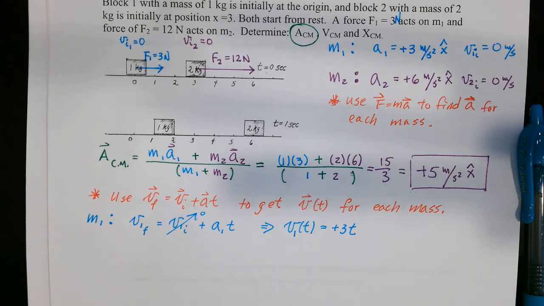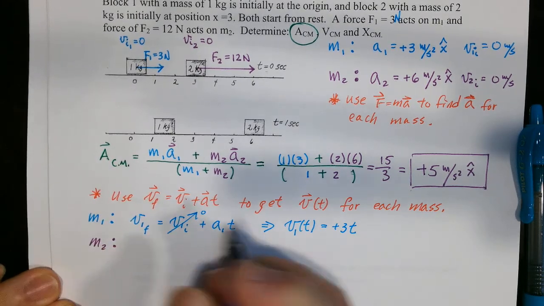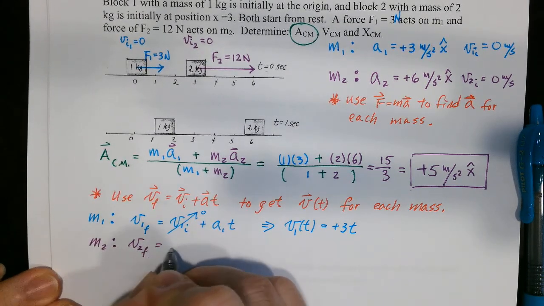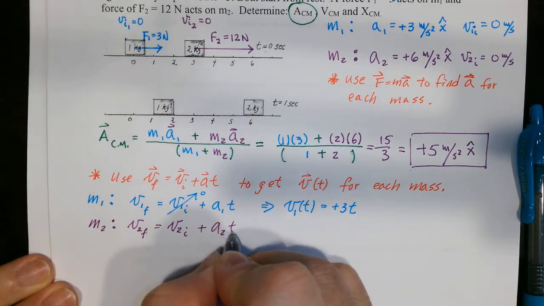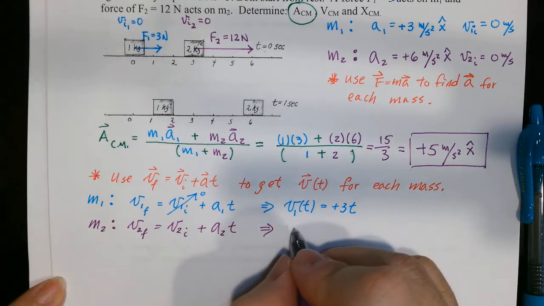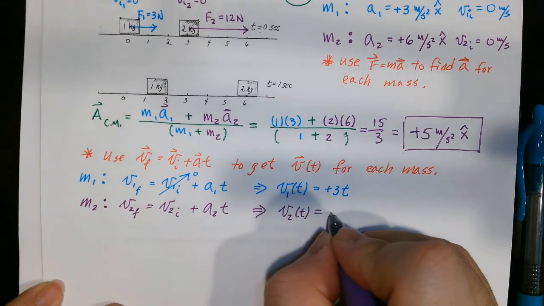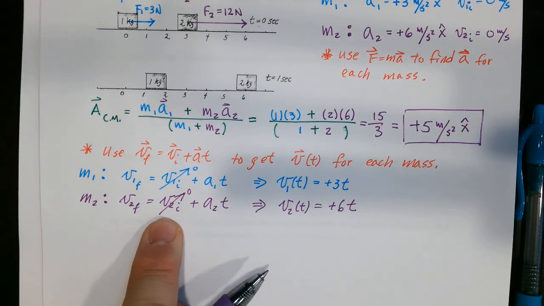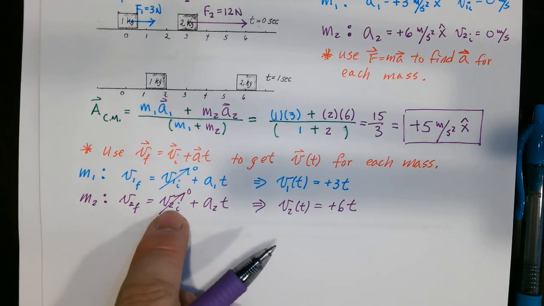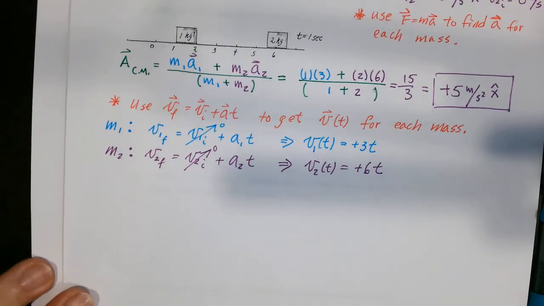And for M2, we have V2 final is equal to V2 initial plus A2t. Therefore, V2 of t is equal to positive 6t, because you know this initial goes to 0. If it doesn't start at 0, you have to put whatever that value is in there, right? Therefore,